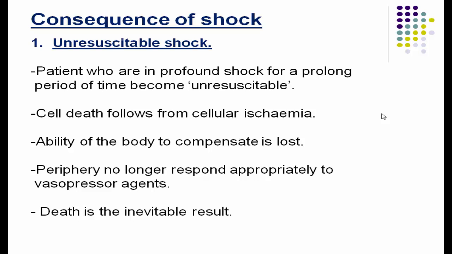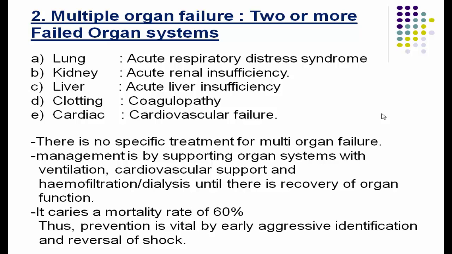Number 1, unresuscitable shock. Patients who are in profound shock for a prolonged period of time become unresuscitable. Cell death follows from cellular ischemia. Ability of the body to compensate is lost. Periphery no longer responds appropriately to vasopressor agents. Death is the inevitable result. Number 2,